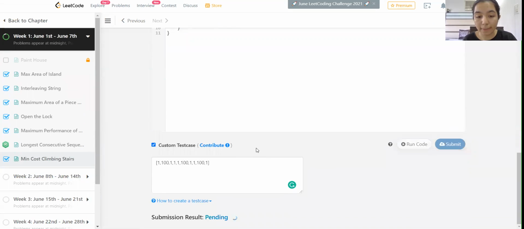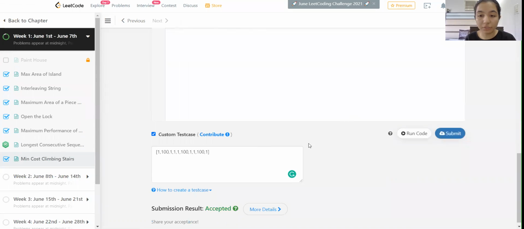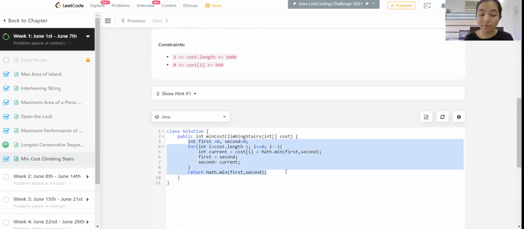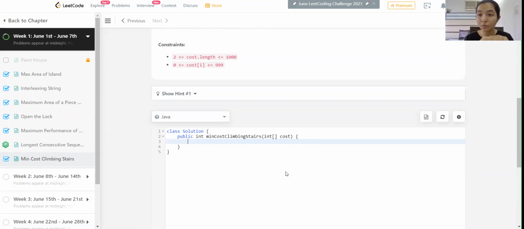Let's try to submit this. And the solution is accepted. So this was one way wherein we are not using any DP array, and we are directly moving ahead and counting the minimum number of steps. Now we are going to solve this problem using DP.